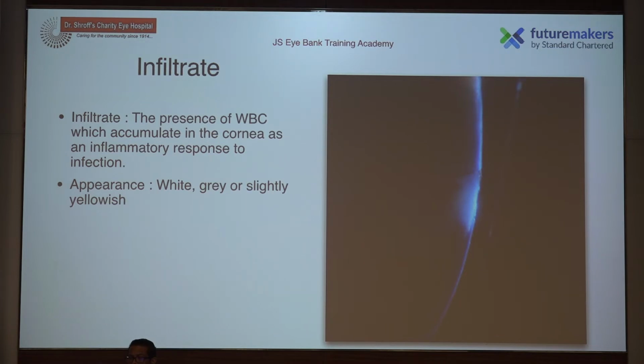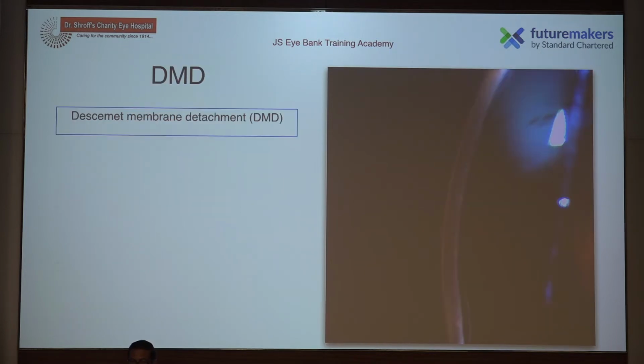The most important thing whenever we are evaluating, especially an infiltrate or any other finding, even if it is a scar, is to see the color of the media. It's very, very important. If there is any change in the color or you have any suspicion, send the rim for cultures. And for these long-standing storage media, it is better to distribute after you've got the culture report of the rim, or just cut a section of the rim and plate it on blood agar. We do this very routinely whenever we feel there's any problem. So you can do that and only then proceed.